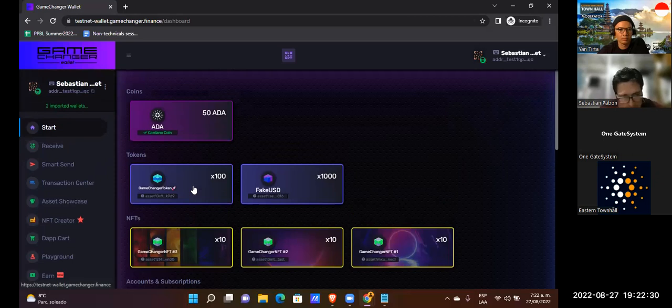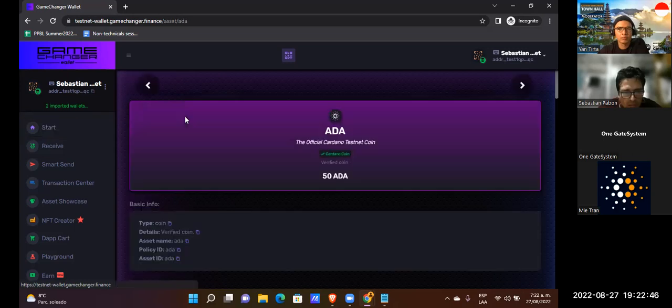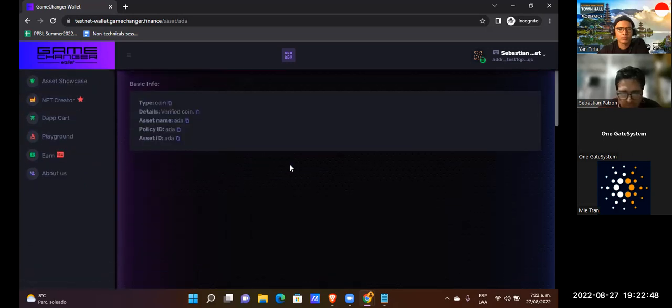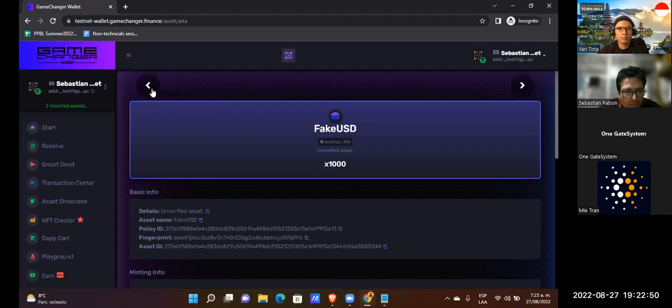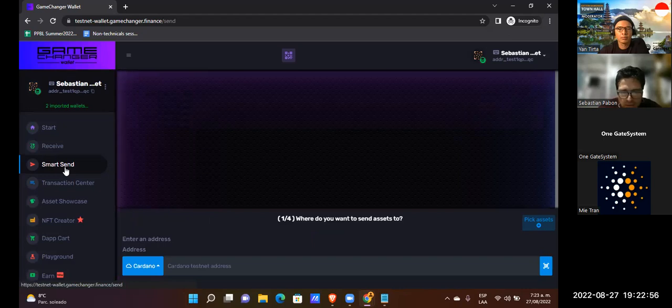But the important thing at this moment is the test ADAs, because with those ADAs we can make some things. For example, we could send some ADAs.